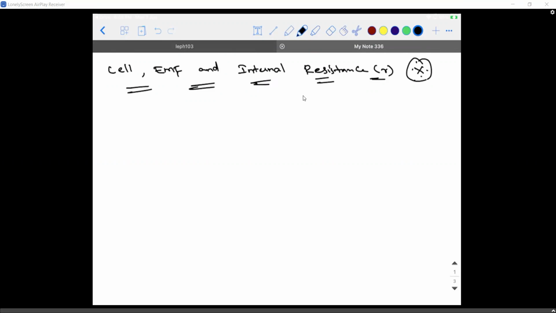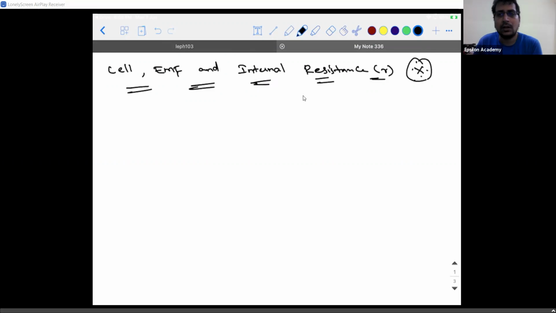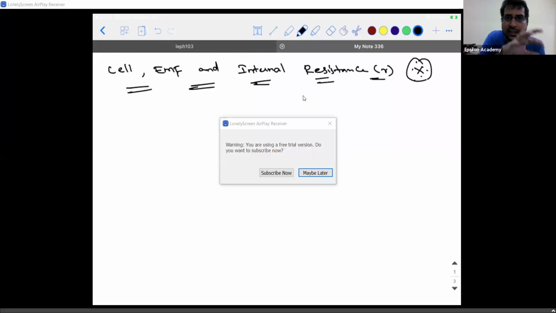A cell is nothing but a power source which has a positive terminal and a negative terminal, right? These terminals are basically electrodes dipped into a solution called an electrolyte. In terms of chemical parameters, you have a positive and a negative electrode dipped into an electrolyte, due to which electrolysis takes place and the ions move from one place to another, right? How this concept of cell is relevant in physics is what we are going to see.